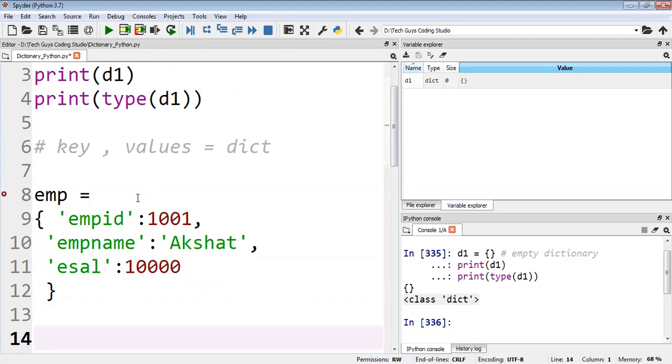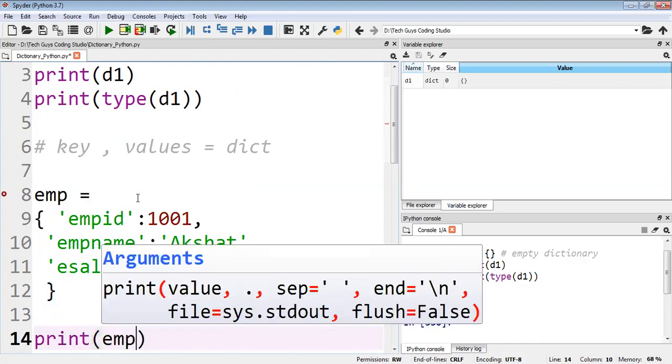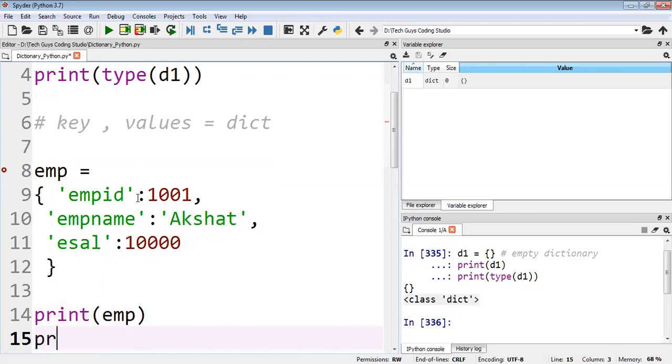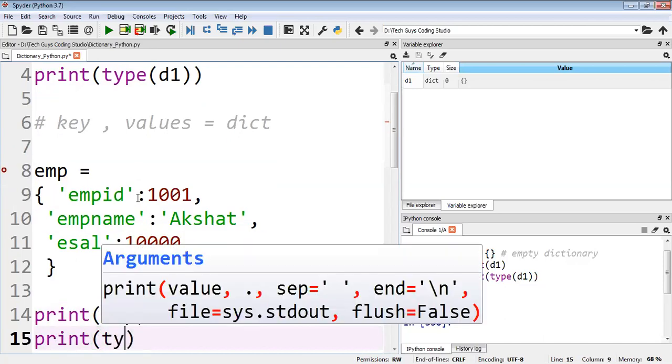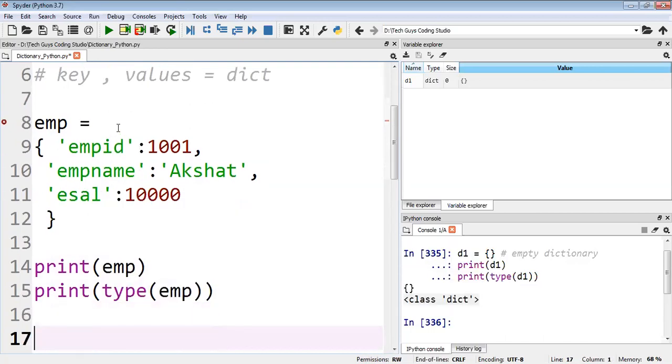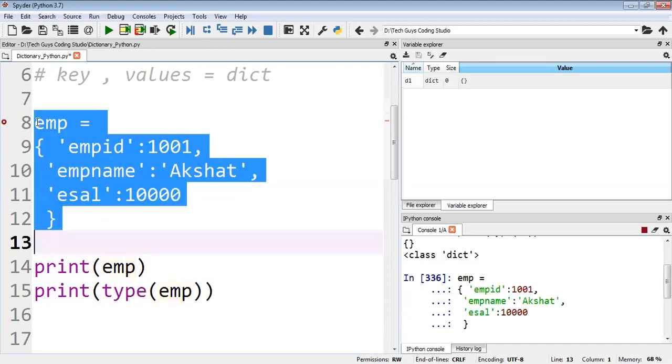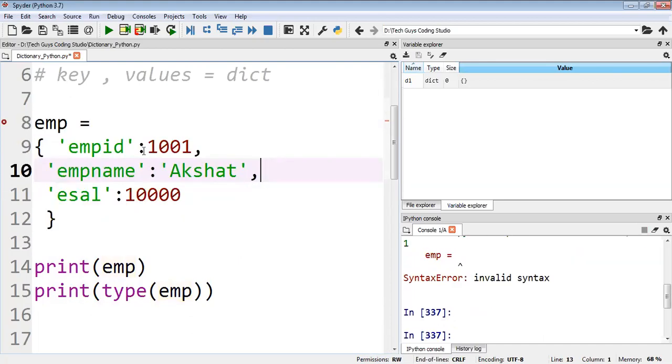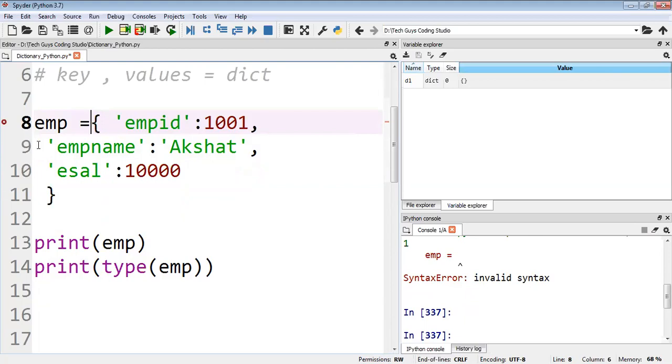Now after creating the dictionary, I just want to check whether it is created or not, and we will check the type also. First of all, we will execute this.